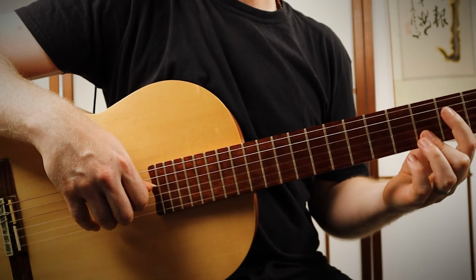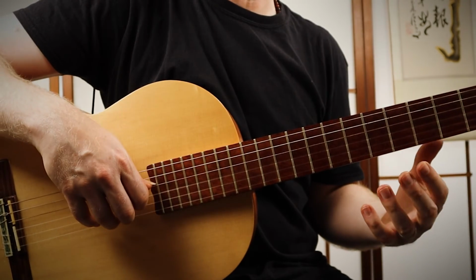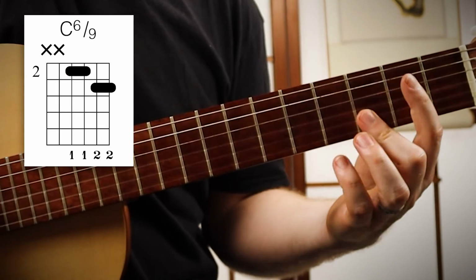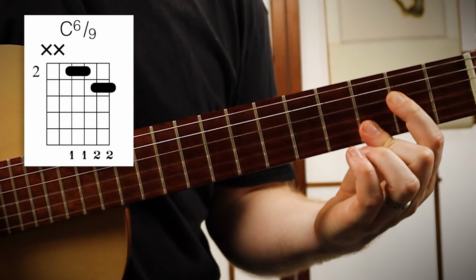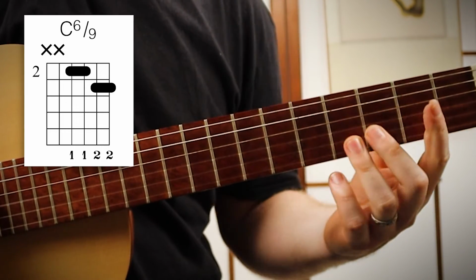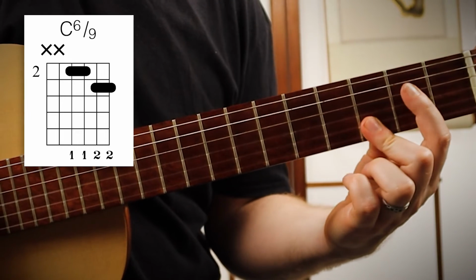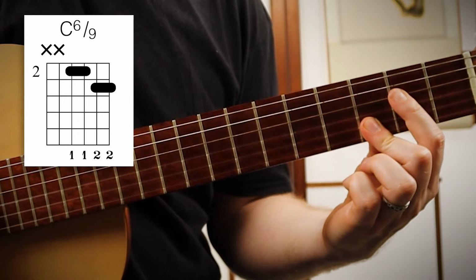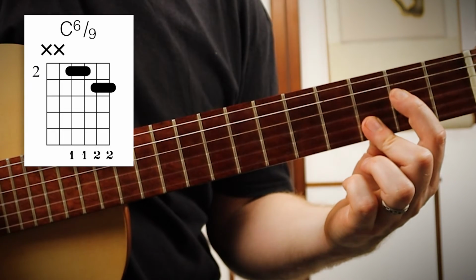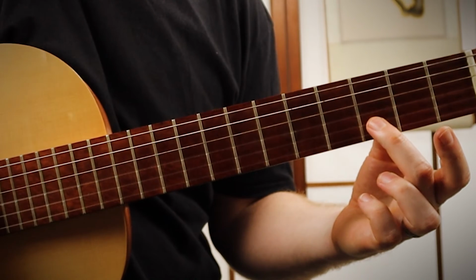Now one final chord, we're going to do this interesting version of it's like the C chord. Like let's say we're doing a 2-5-1 in C, this would be the C chord at the end. I'm not playing a root on the bottom, it's like a C6-9 chord. Okay, and this time again I'm using the 2nd finger bar, but I'm also using a 1st finger bar over the 2nd fret strings 4 and 3, and then this 2nd finger bar is on the strings 1 and 2